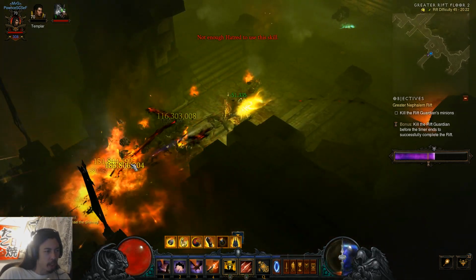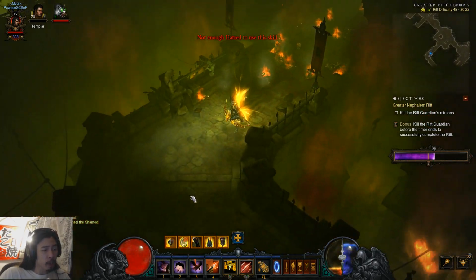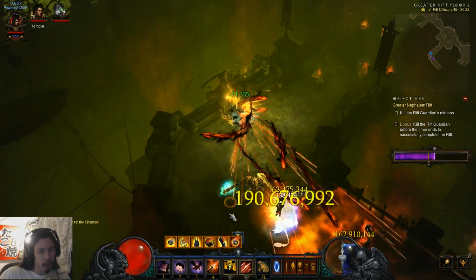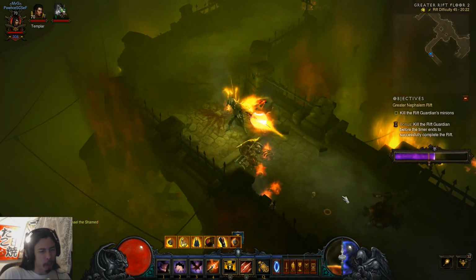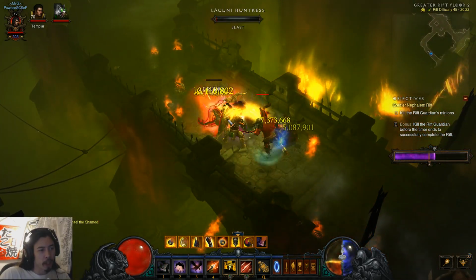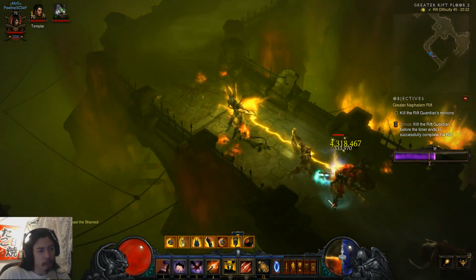Lacunis can leap on me and deal damage. That's the other thing. If I actually take damage at all, it lowers my DPS significantly because of the whole hatred thing. That's another thing in the build I'll show you guys later. Basically, so long as I don't take damage, my resource costs are a lot lower. They cost a lot less anyway, but...